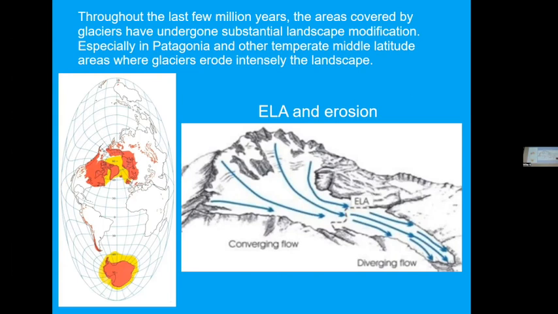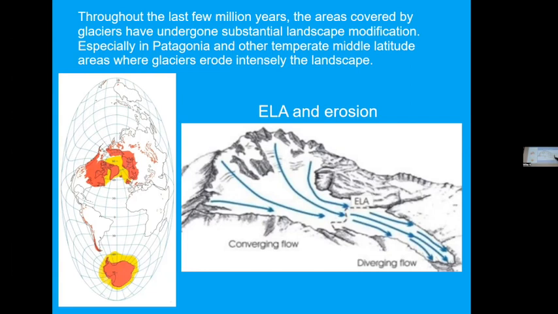The spring and fall. So this term, ELA, equilibrium line altitude, is a really important term in a lot of disciplines. Glaciology, geomorphology. You'll see in a few minutes why I'm spending so much time on it. Again, the ELA is where the balance for a glacier is through the year between how much melting is occurring down low and how much snow is accumulating.